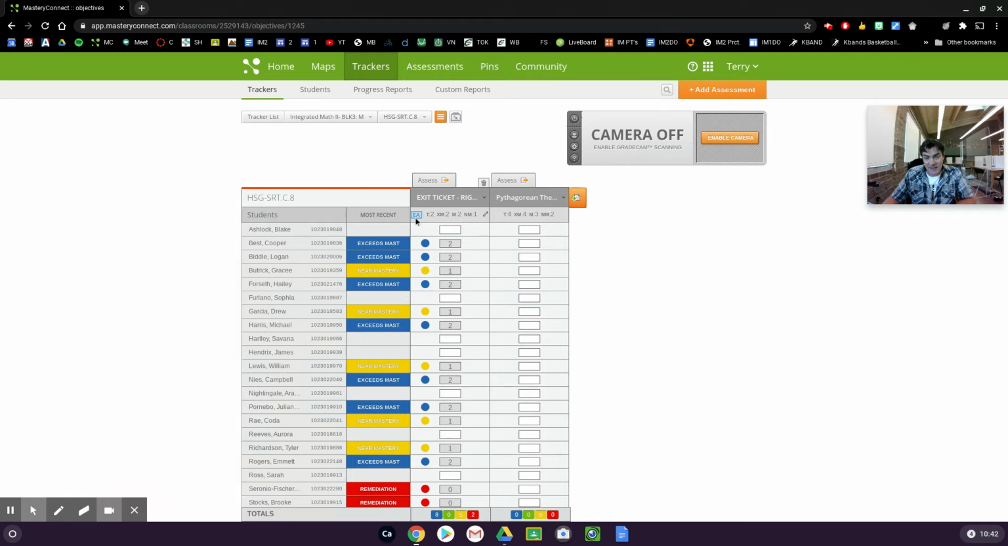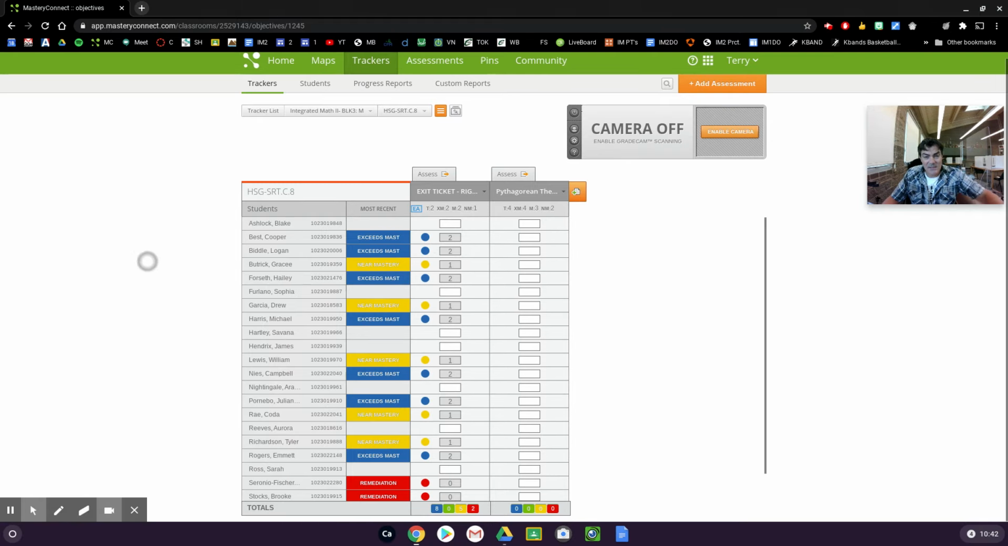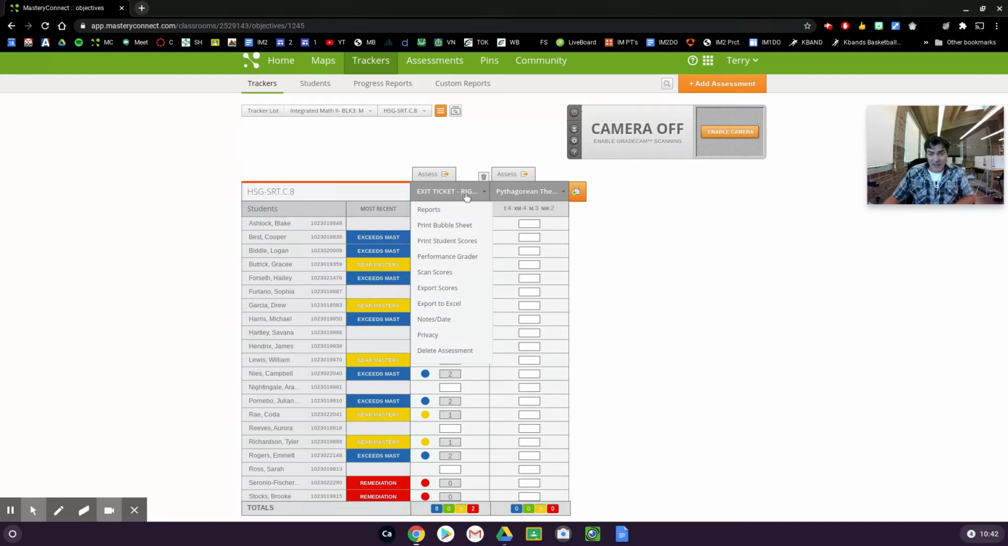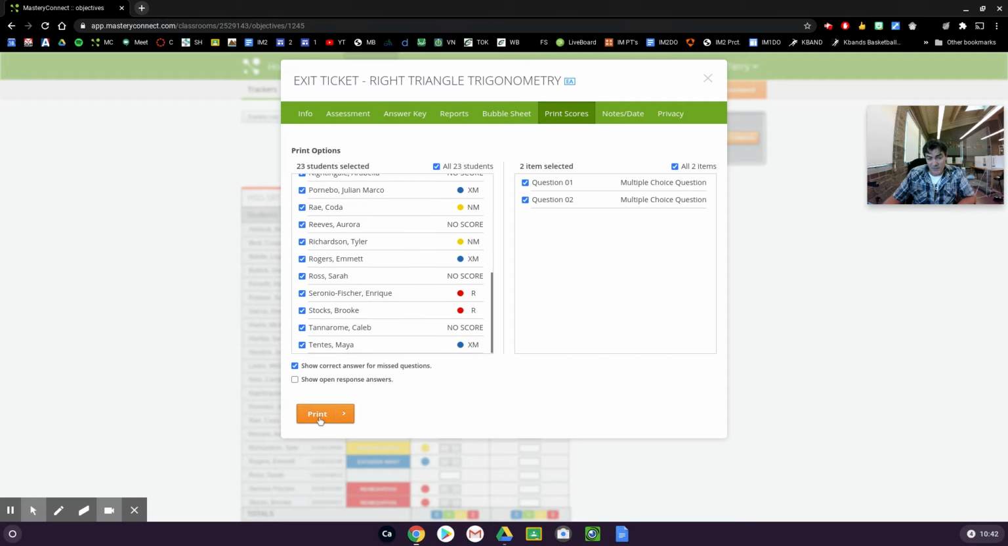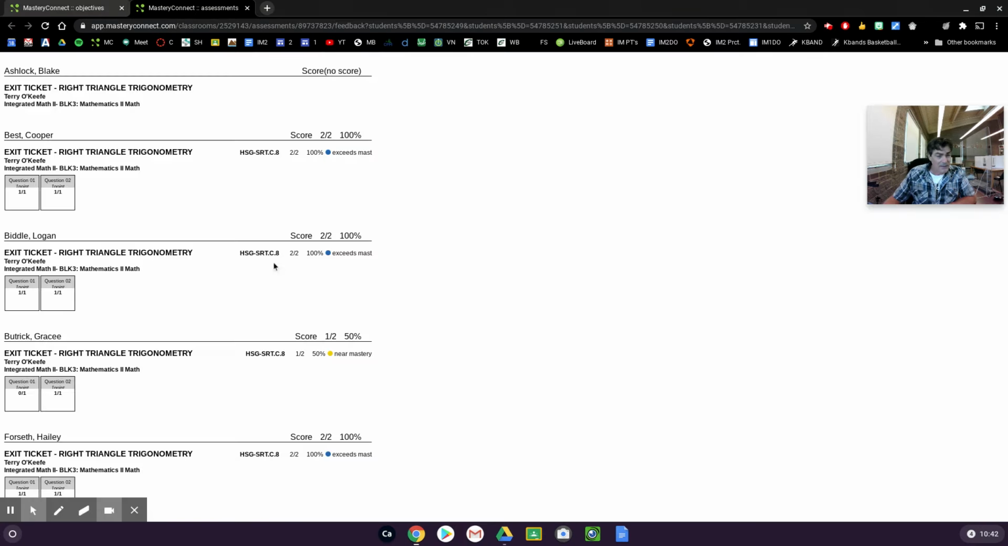When it comes back, students take the assessment. As they take the assessment, you'll hear little pops, almost like a notification. Little pops will come up, and then it will generate their score and where they are on the learning spectrum in terms of exceeding mastery, near mastery, mastery, and remediation. And then after you're done, you can just print your student scores. This is kind of cool. All of your student scores pop up. You hit this little print button. It tells you